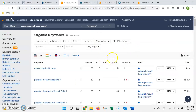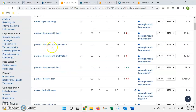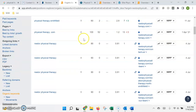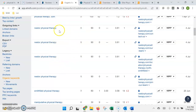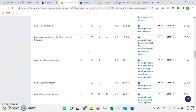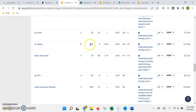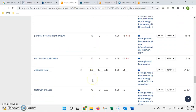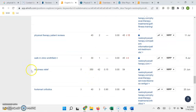Now, if we go look at the keywords, these are all the words and phrases that are being typed into search that are being found on your website. And then you can also see the volume, the number of times per month that they're being searched. So the object here is to do as much research as possible and find the highest volume keywords and make sure that those are being found on your site, so that way when people are searching them, you can come up in the results. So just as an example, if we take, say, dizziness relief,